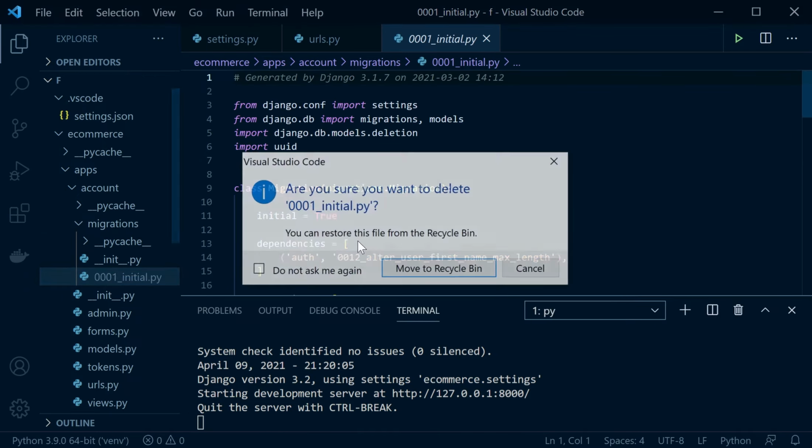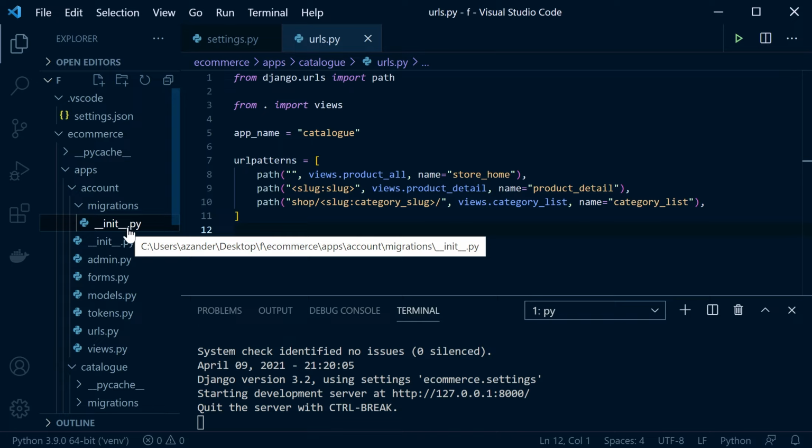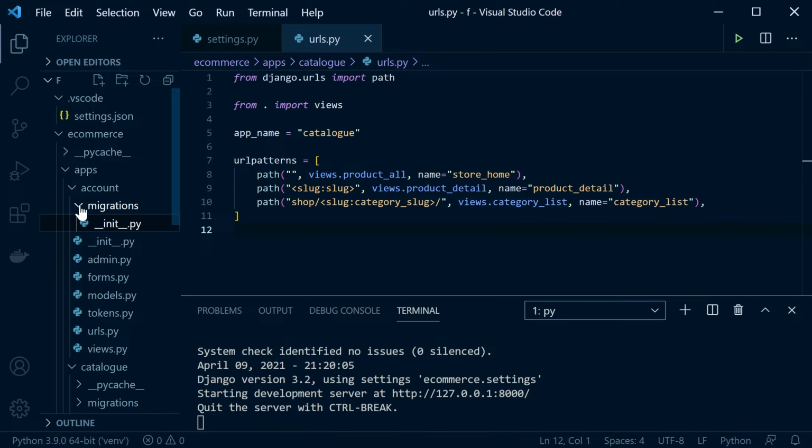Right, so yeah, let's get rid of the account. So just make sure you're deleting the right one there. Right, so now that's done. Again, be careful not to delete the init file in it. So now we've got the accounts sorted there. Let's now go into, start from the